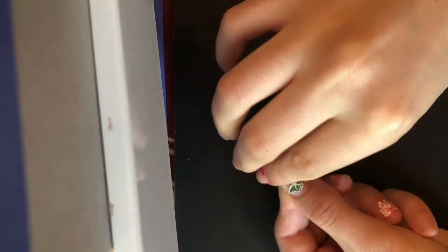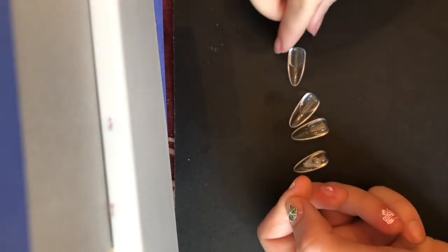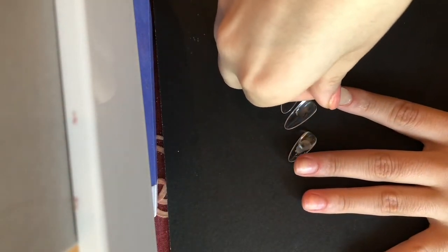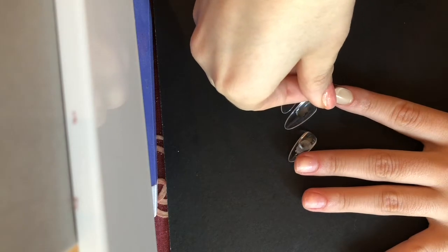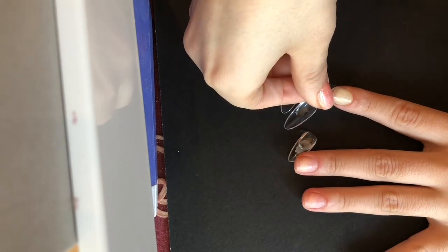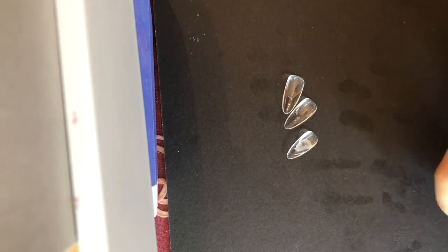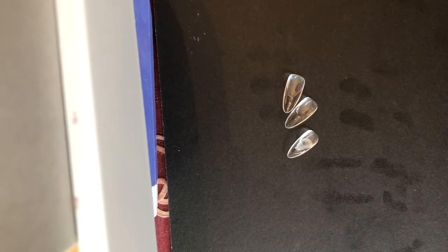So I'm doing this to all the nails. I filled them in with polygel to about the length of my nail, and now I'm going to apply them onto my nails. My nails are prepped and primed, and I dehydrated them and applied another layer of protein bond to my nail. And then you guys can see I'm applying pressure at an angular motion. I start angling these from my cuticle area and then push back to the free edge. So it's a rocking motion, starting at your cuticle area and then slowly rock it back onto the nail, and you're going to feel a suction feeling, and that is the feeling of the polygel adhering onto